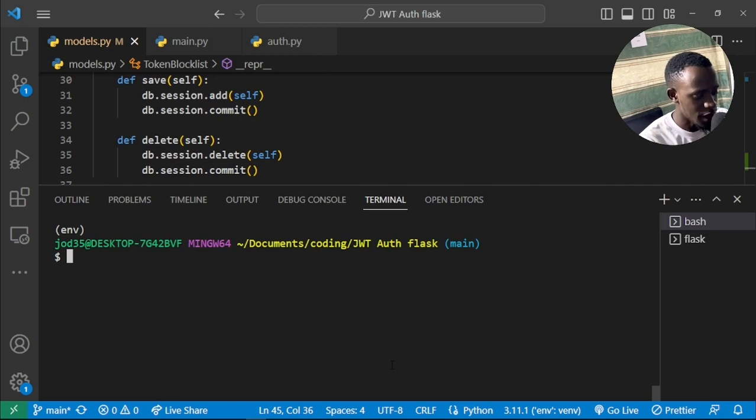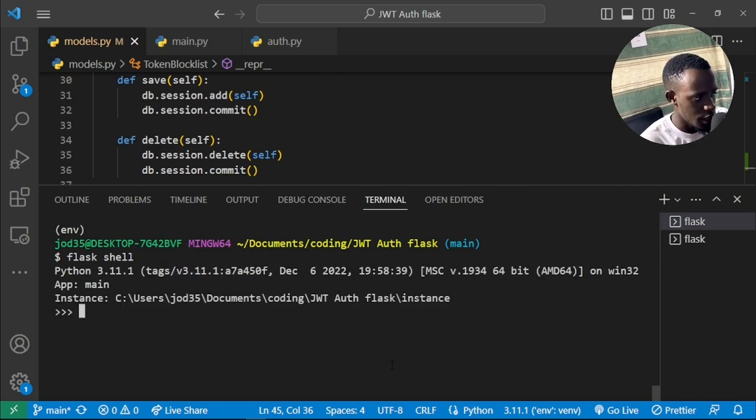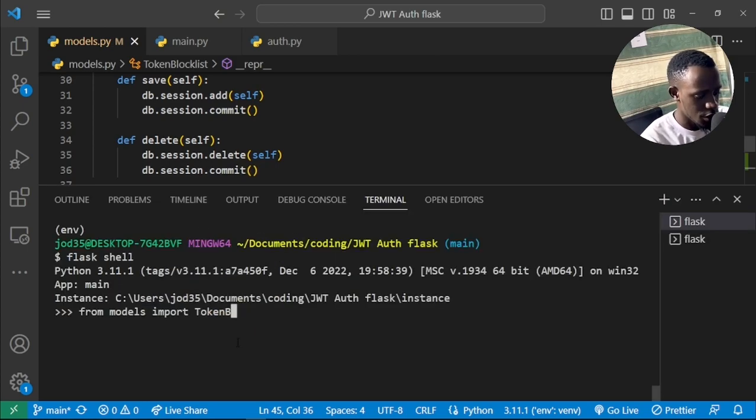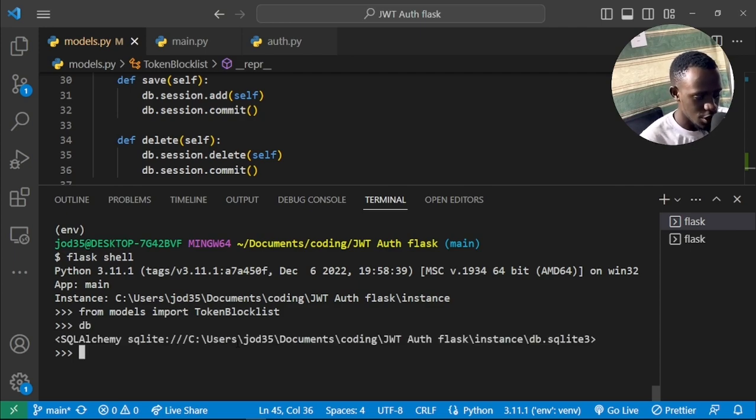So I'll begin by first of all going to our Flask shell. So I'll come right here and say flask shell, and within our Flask shell I'll first of all import the database model which we want to create in the database. So to do that I'll say from the models.py file right here, we are going to import our token. So we called it our TokenBlocklist, with a small l. And once we've been able to import it, we have access to our db object already. So we can go ahead and run